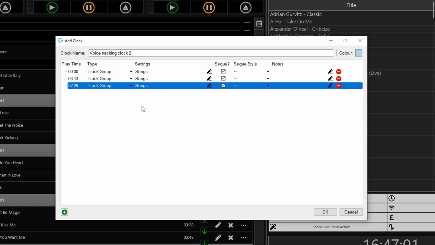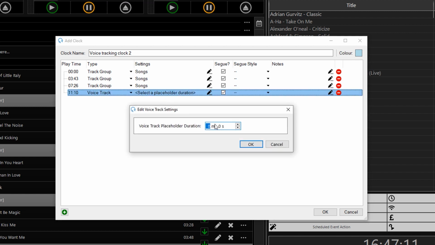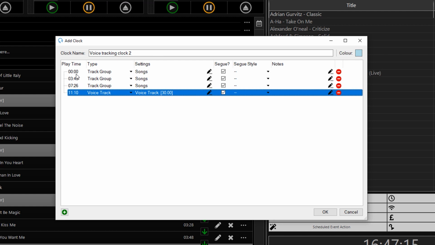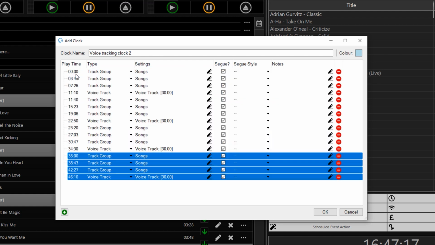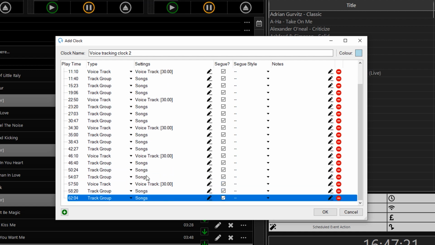So I can add 3 songs here, and I can add a new item here, select Voice Track, and a placeholder of 30 seconds. I could then copy and paste this all the way down to duplicate the same pattern over and over. So this allows me to create a clock using copy and paste and duplicate, and create those voice track items.